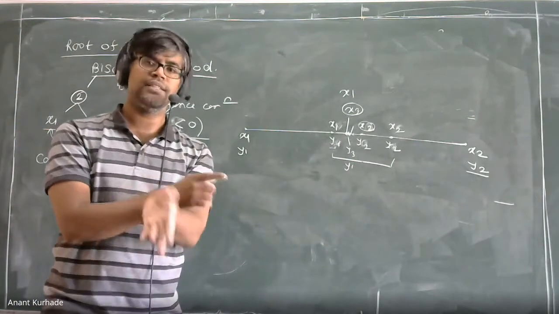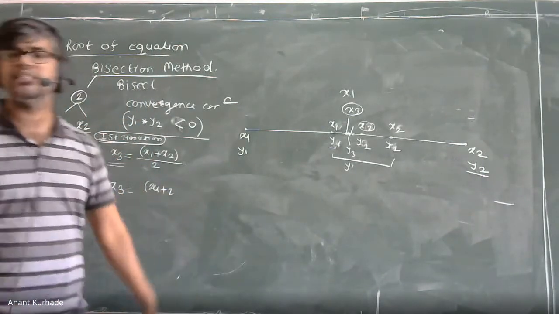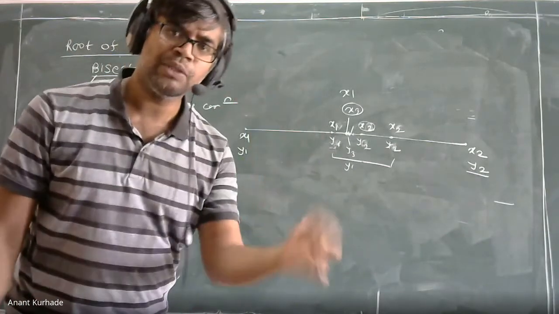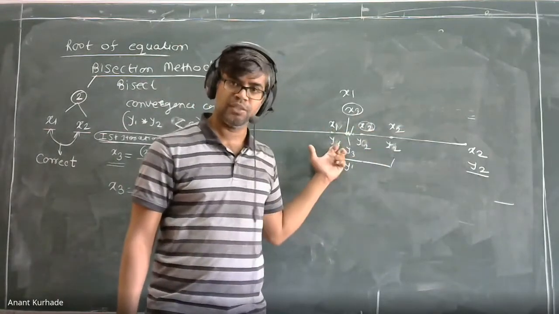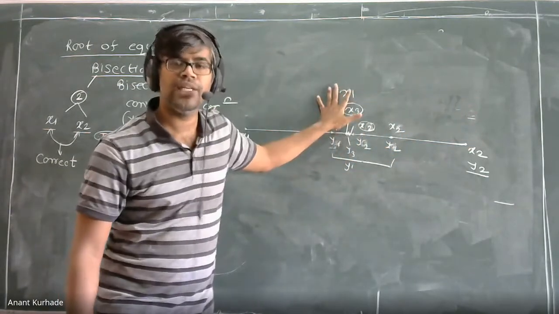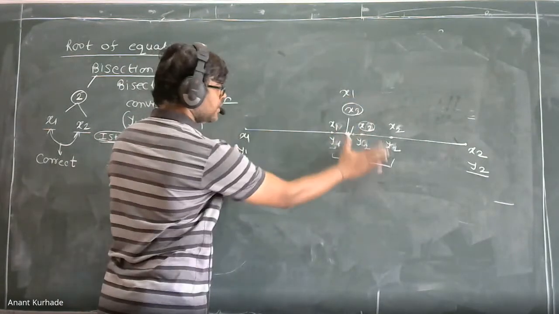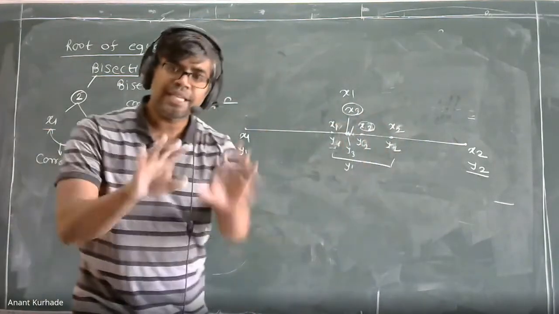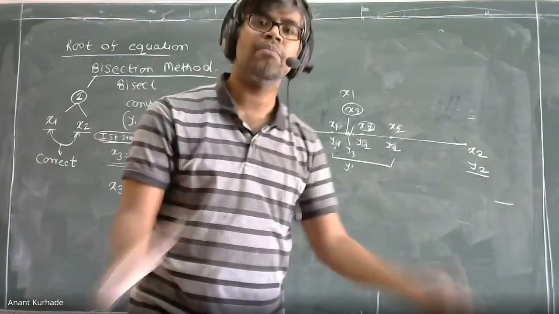The remaining 5 iterations you have to show in table form. We will discuss the table form later. It is not required to use this formula again and again. It is very simple. By observing only these values, you can say the root lies between x1 and x3 or x2 and x3. If it is x2 and x3, with x2 as it is, replace the value of x1 by x3. If x1 is as it is, replace the value of x3 by x2. Just say the variables x3, x2; don't write the numbers. Remember.